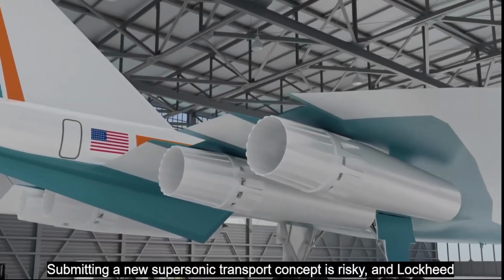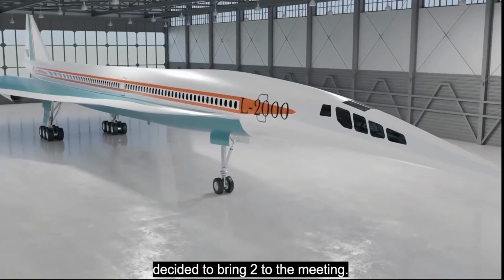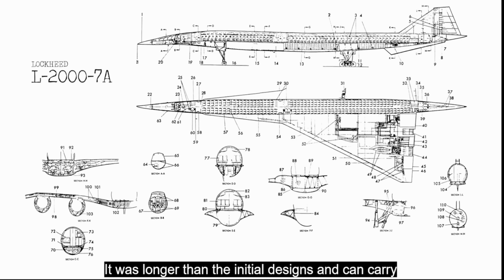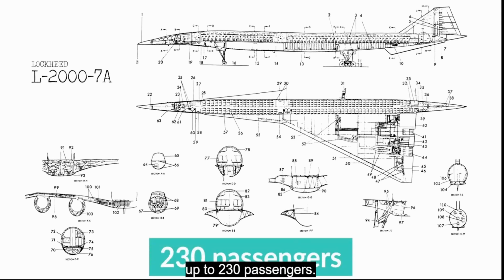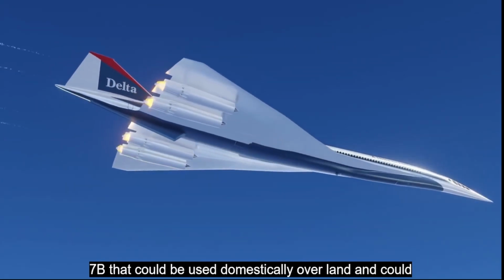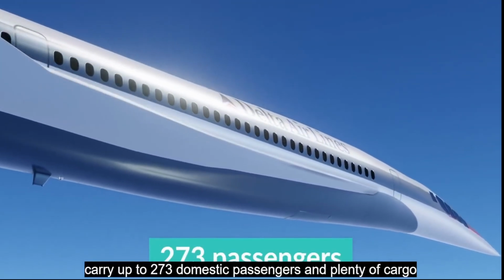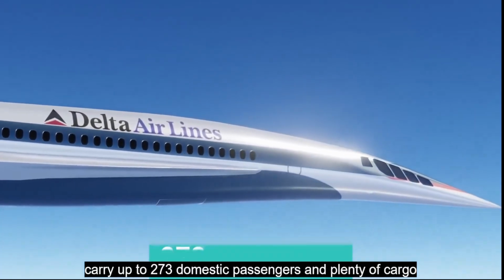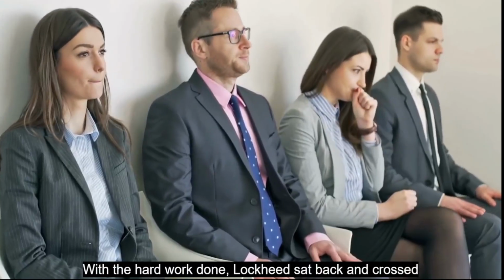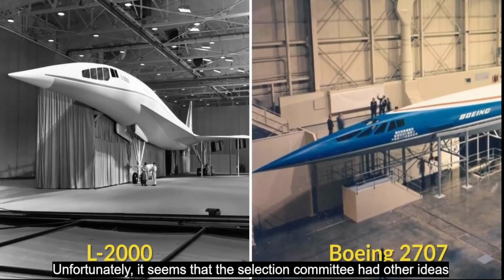Submitting a new supersonic transport concept is risky, and Lockheed decided to bring two to the meeting. The first was the L-2000-7A. It was longer than the initial designs and can carry up to 230 passengers. Lockheed also had a bigger version called the L-2000-7B that could be used domestically over land and could carry up to 273 domestic passengers and plenty of cargo at nearly 300 feet long. With the hard work done, Lockheed sat back and crossed their fingers. Unfortunately, it seems that the selection committee